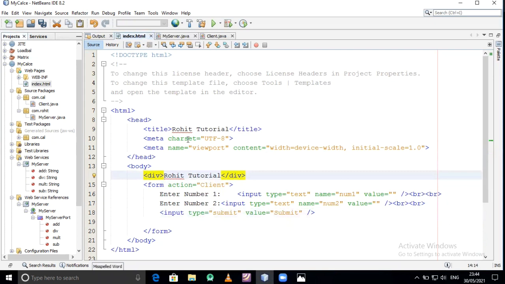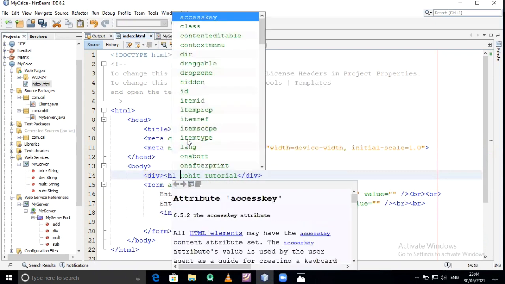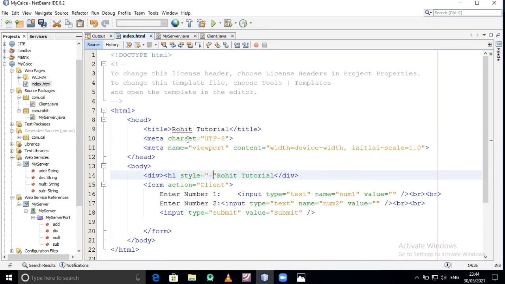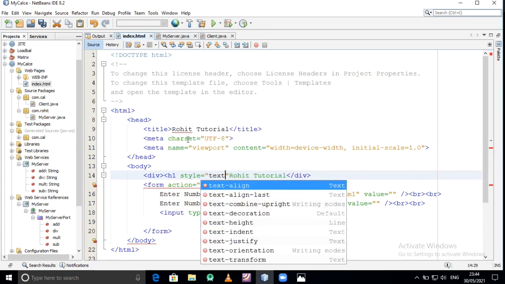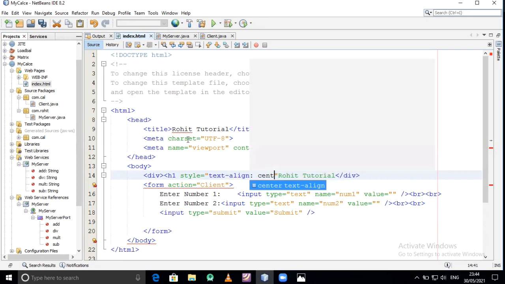so in a division, suppose H1 tag, text align, suppose center.